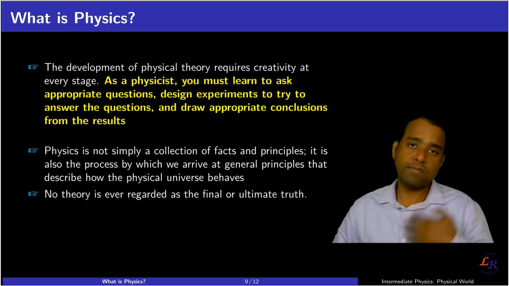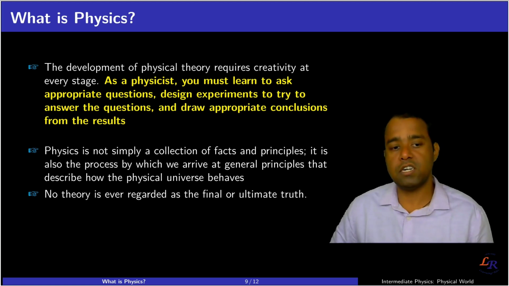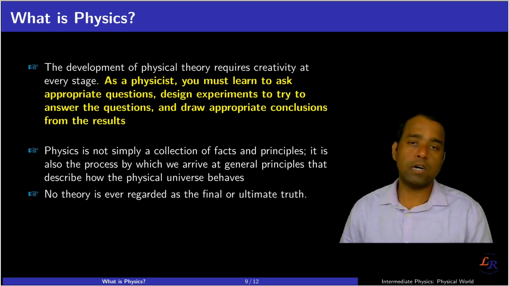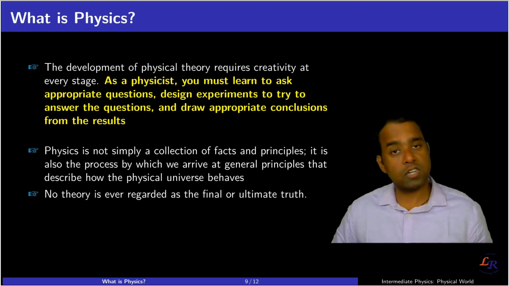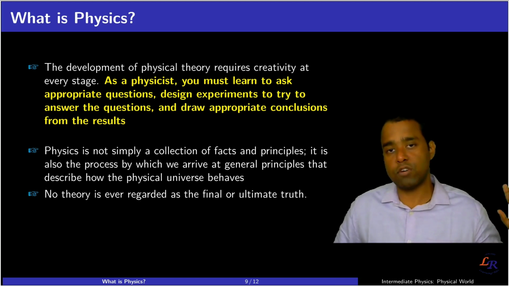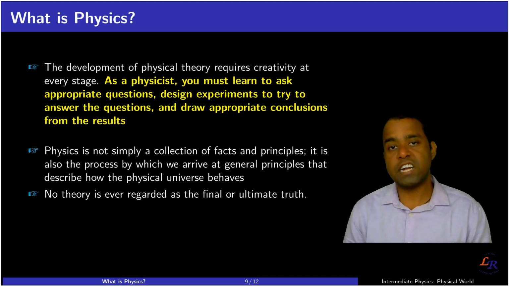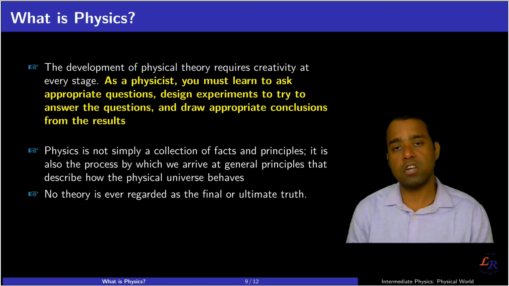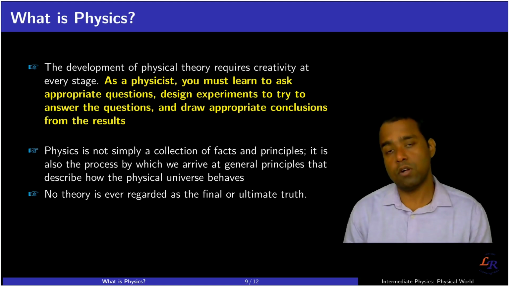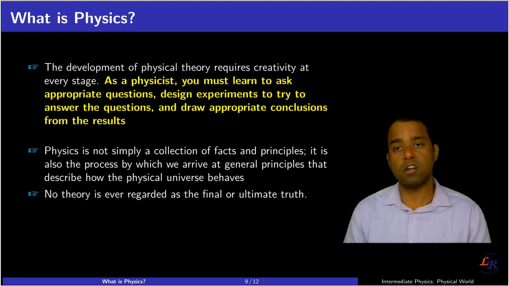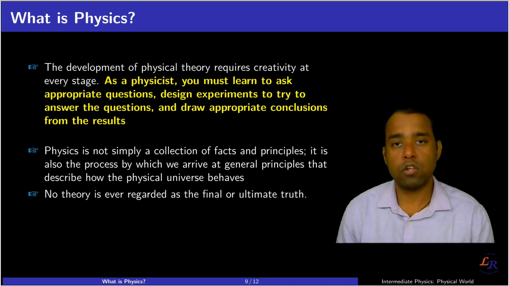A very important point in physics is that no theory is ever regarded as final or ultimate truth. There is always scope for improvement, and if tomorrow I come up with a new phenomenon which cannot be explained by any of the old observed theories or principles, then we have to come up with a new one. This is how scientists like Einstein, Newton and Feynman became great scientists, because based on the observations they made at that time, they came up with laws and theories which became very useful and very important for the development of science and physics. We see lots of progress around us, and it has also made our life easier.